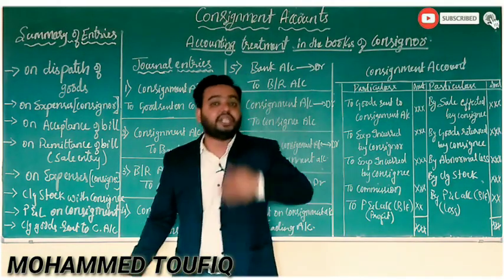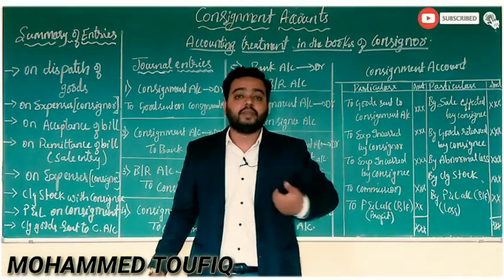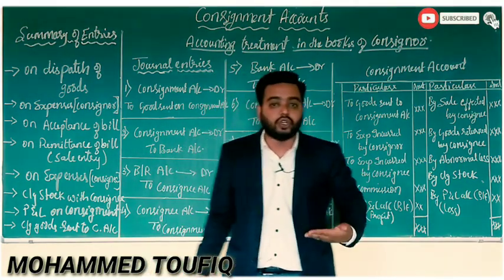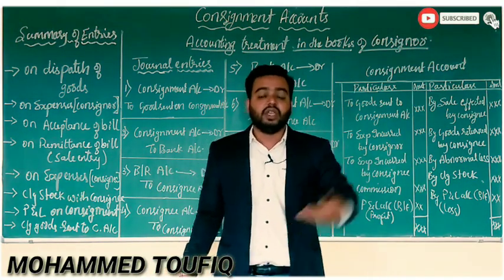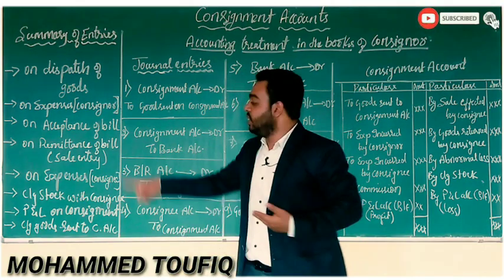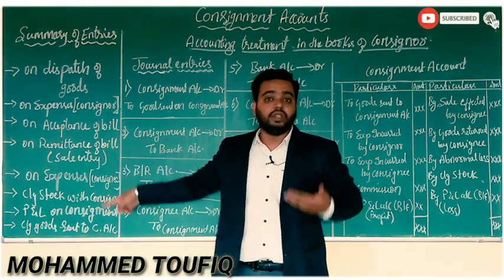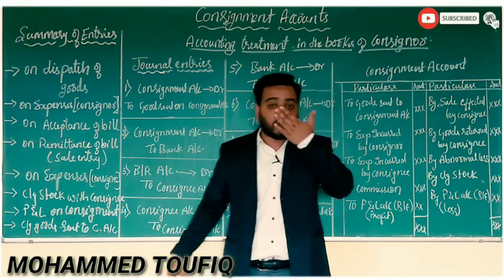On the due date, he will pay that amount to me. For example, if I have made a 3 months bill, on that particular 3 months date, he will pay that amount to me. That is remitted to me. If he has paid that amount to me, then you will prepare one general entry, that is the remittance entry. In some questions you will get this, or in some questions you may not get this.